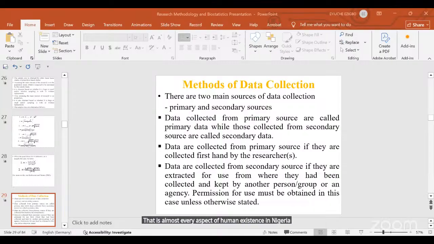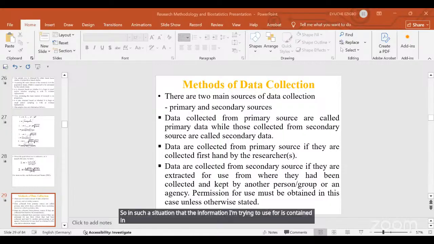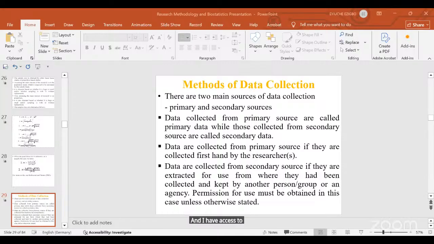There they collect data from every such sector and put it in a bulletin and then publish. So in such a situation, if the information I'm trying to look for is contained in one of their bulletins, and I have access to that bulletin, I collect the data from that bulletin,